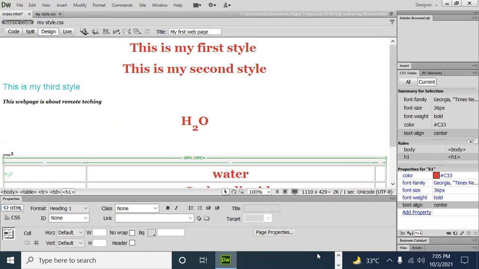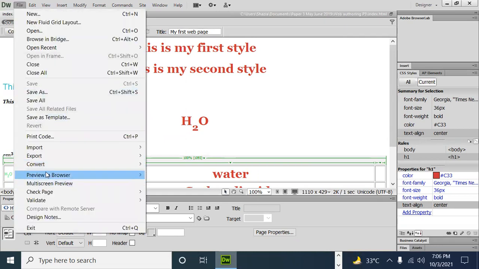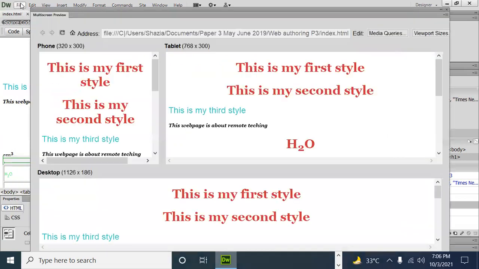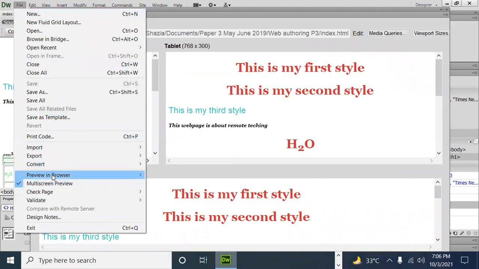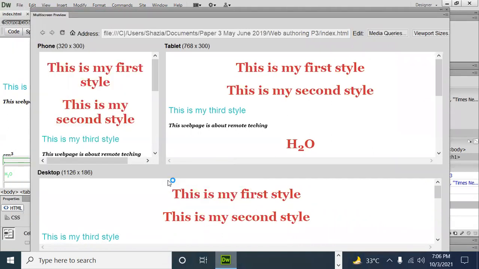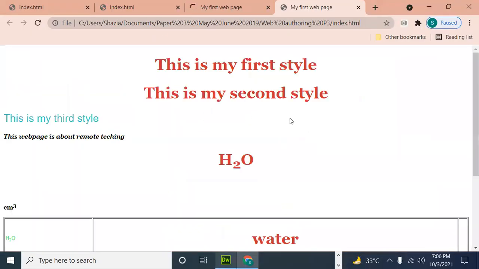So just go, we are left with the last topic. I have to open this page in my browser. So save it. This is my text editor's view, and I am going to open the preview in the browser, in Google Chrome. Google Chrome, you can open it by the F12 key. Just press F12, so show and open it in the browser window. So look, it was the smallest effort to design a simple page, the first page of your website.